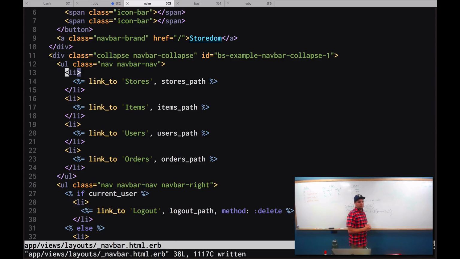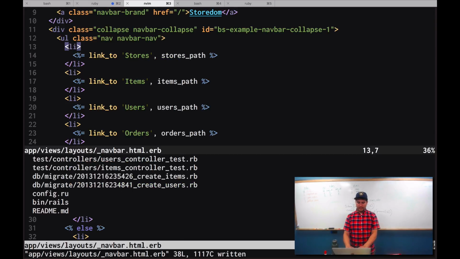I'm not going to actually implement the code because I think it might take a little bit longer than what we have time for. But I want to talk about it at a high level, and I think you'll be able to implement this concept. So we talked about presenters already, right? Presenters give us the opportunity to start moving the logic into classes and POROs and things like that. What we might try to do,